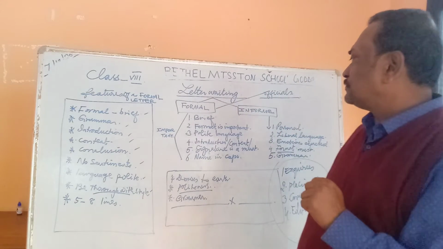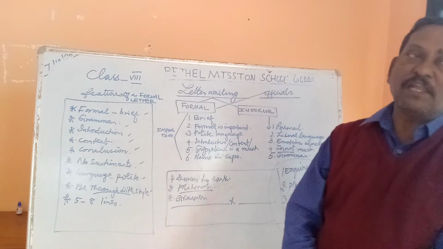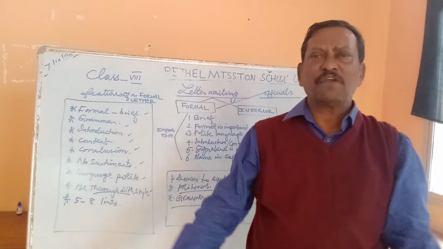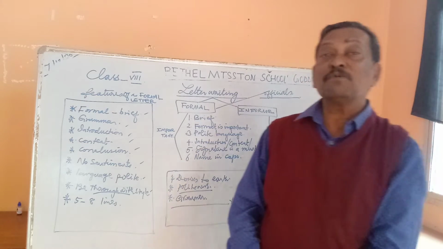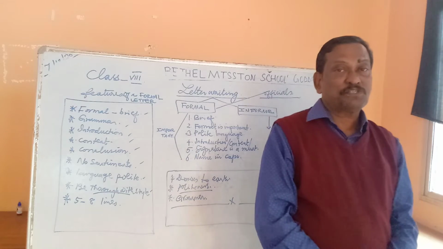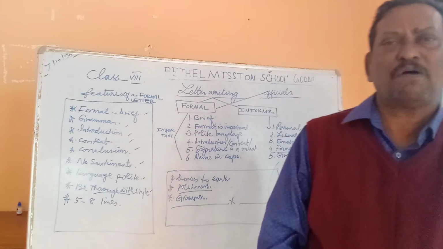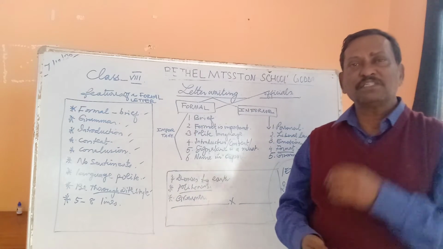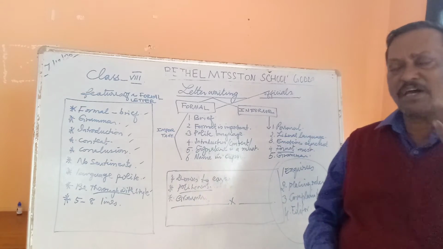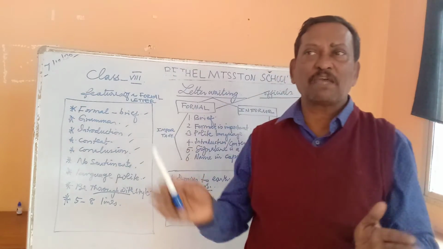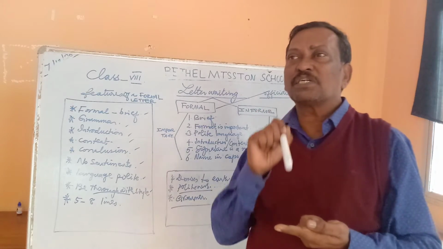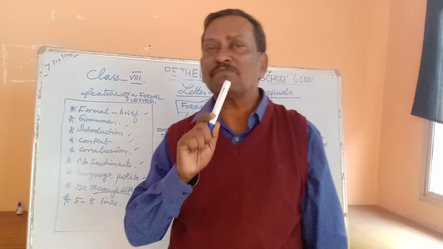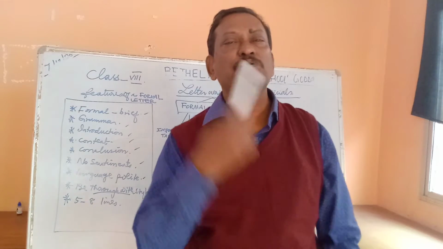brief. Point number 2. The format of a formal letter. That is very important. What do you mean by the format? The structure. For any letter, we need to have a structure. Our human body has a structure. Our bones, the skeletal system, gives a structure to our body. Without the skeletal system, we would be just like a mass of jelly. Only the tissues and the cells and the nerves, they don't make a proper shape. So, it is a skeleton which gives a proper shape to our human body. In the same manner, it is the format which gives a structure or a shape to a letter.